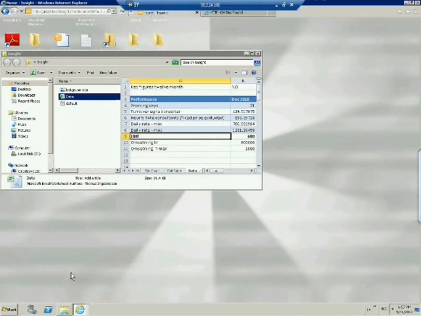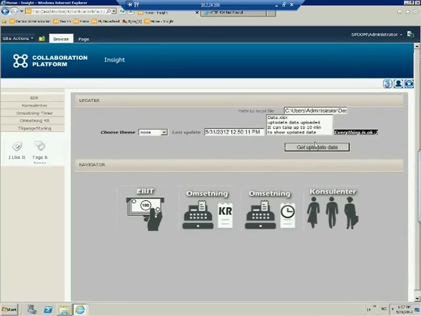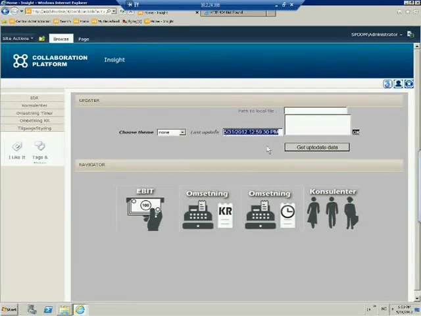So we can click the button get update data. We see that everything is okay. We get the message that it can take up to 10 minutes before all the updates can take changes, and there we see the last time our data has been updated, and we can also get the chance to change